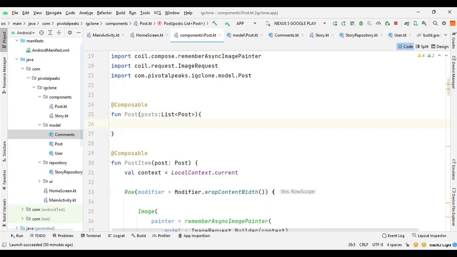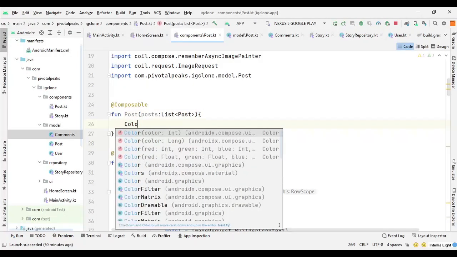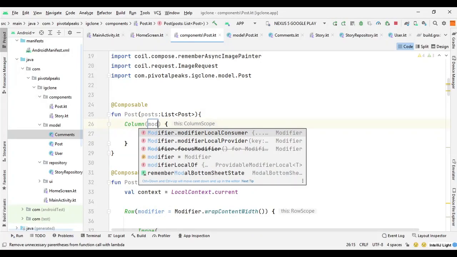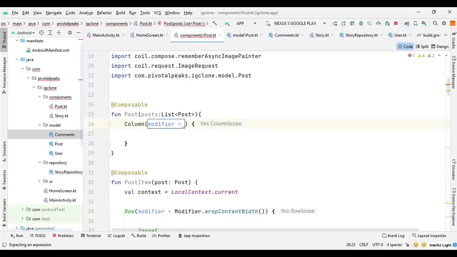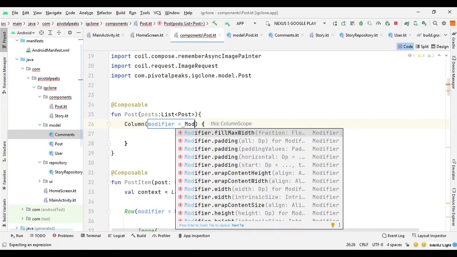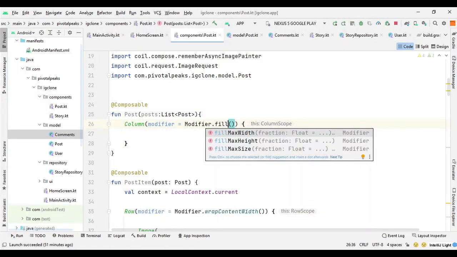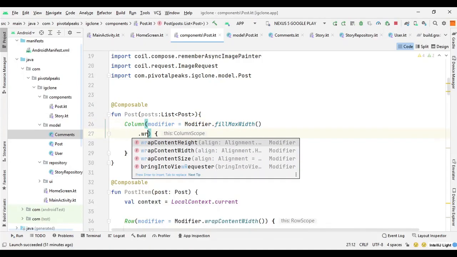Here we just need a Column, so Column with Modifier equals Modifier.fillMaxWidth, and .wrapContentHeight,